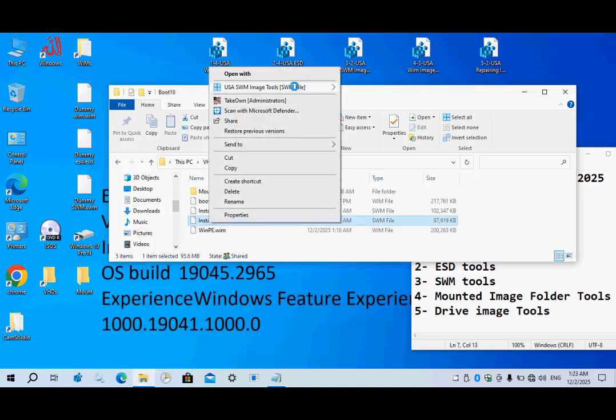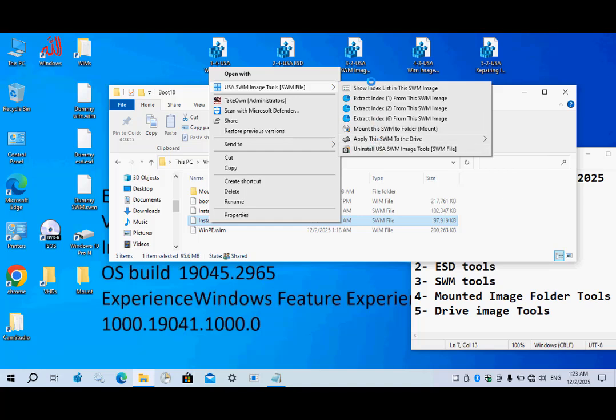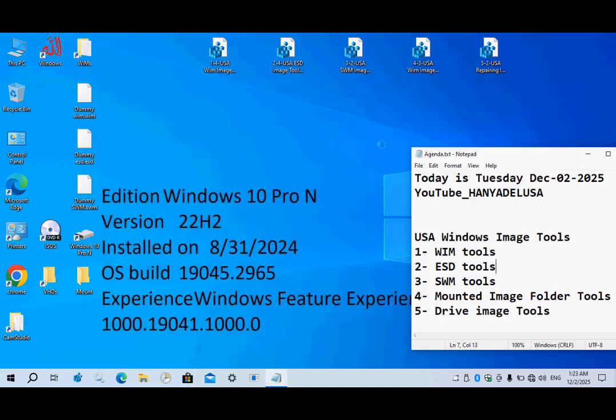The third one, apply, and everything is as you see with your eyes. This is where I applied each command. For SWM also you can